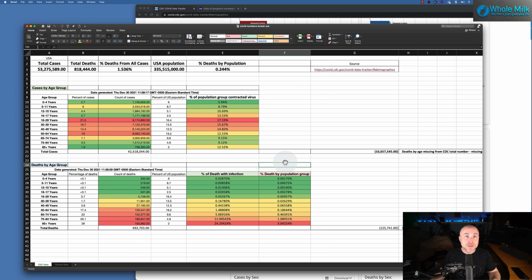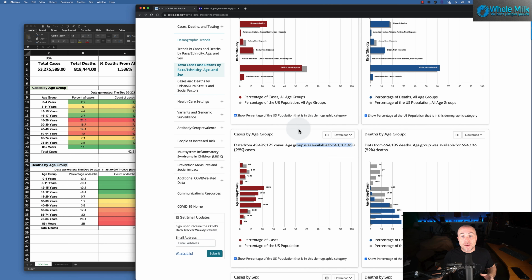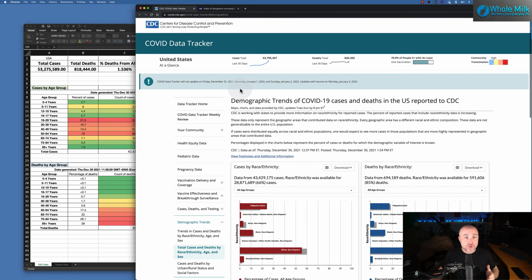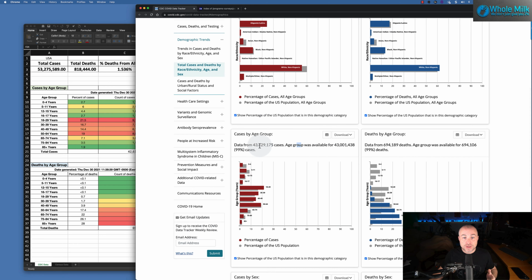A good portion of the population think that 25% of everyone dies, or 50% of everyone dies. That's not true. These are the death numbers. These are the contraction numbers. I've broken it down by, again, death based on infection, and death by population, or death percentage of population. I find some discrepancies in the CDC's own data on the same web page. So again, two different discrepancies: total cases and the cases that they're saying they have data for. And so there's three different discrepancies there. And then even in the download, there's another discrepancy, because it's not 43 million, it's 42 million.